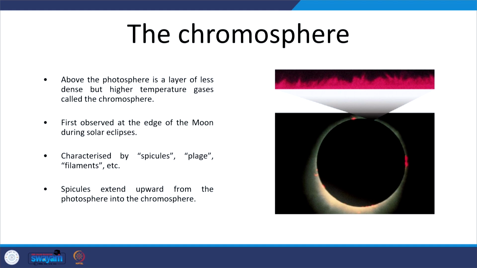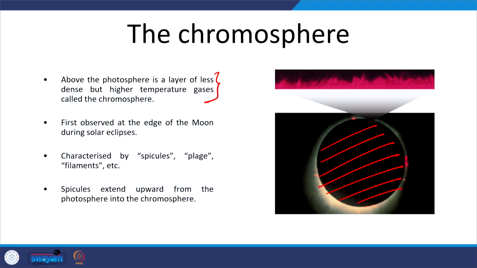So, immediately sitting above the photosphere is the chromosphere, and the chromosphere has less dense but high temperature gases. It was first observed over the edge of the moon during the solar eclipse. So, when a solar eclipse happens, the solar disk is completely covered by the moon. It appears as if it is matching exactly in size. So, the distance from the moon to Earth